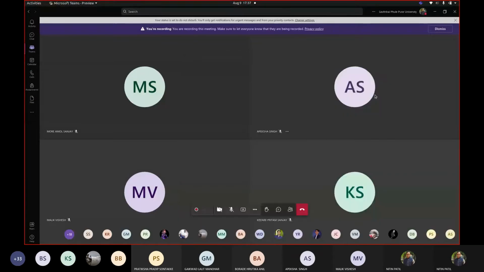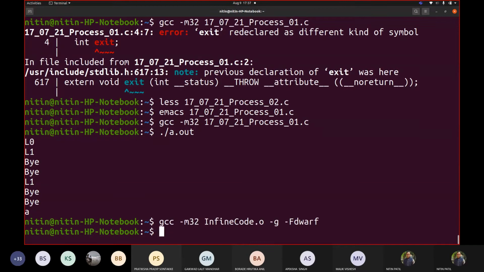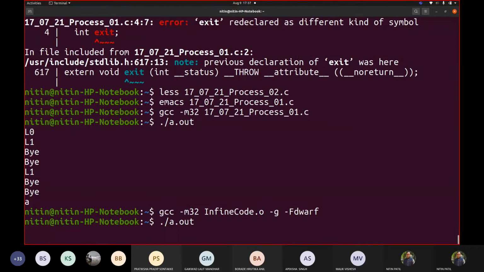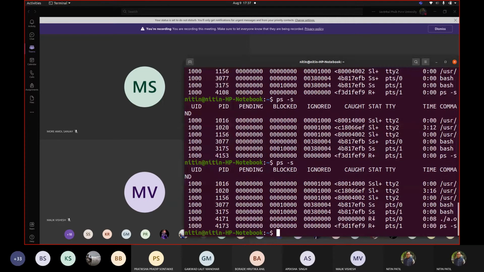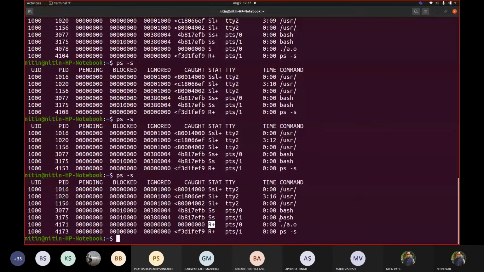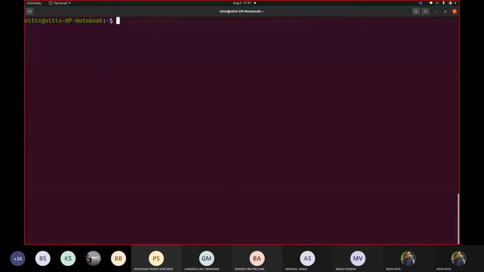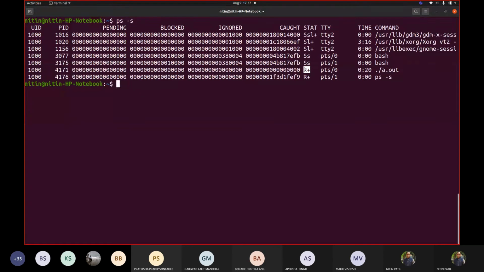So when my process is executed, when I executed this file, it was in execution and it is running. That's why on the other side of the terminal, I do see that the process is in R plus for my a.out. Let me press Ctrl L and display this for you. This is my a.out, and you will see that this is R plus. This is running mode.